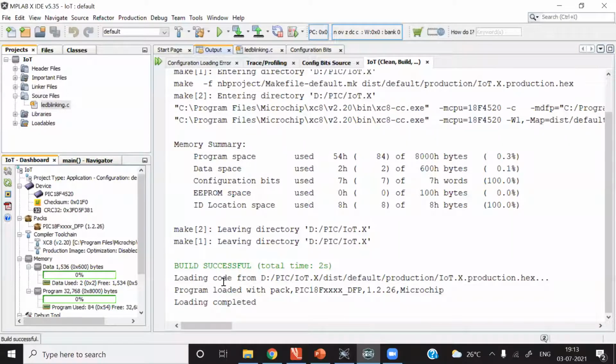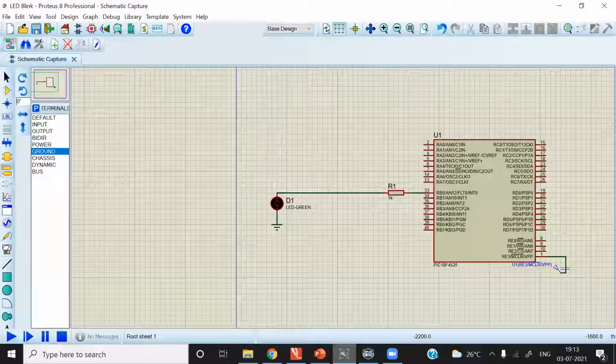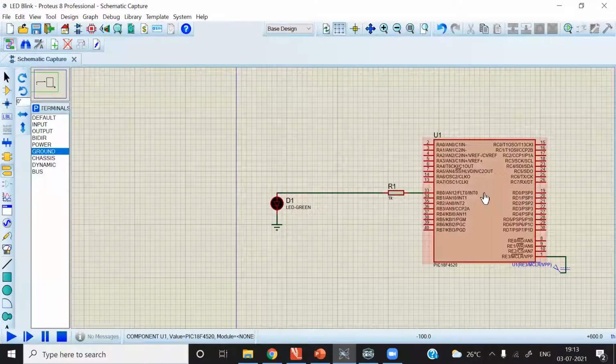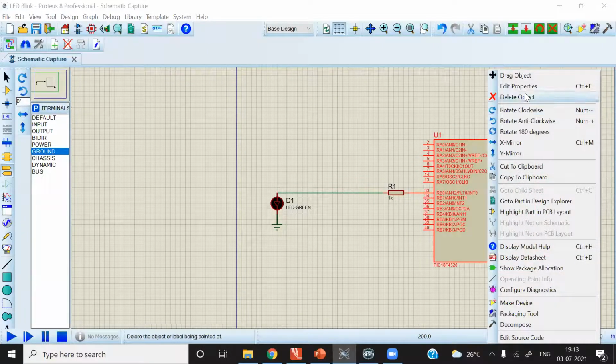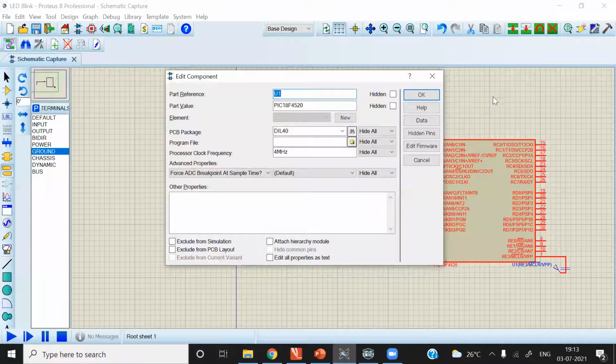We can see here the directory in which we have written our hex file. It is the project folder, and we have to select this in our simulation. How to do that? Go back to the microcontroller in the Proteus software, right click on it, go to edit properties, and we will see other parameters which are not required for us.